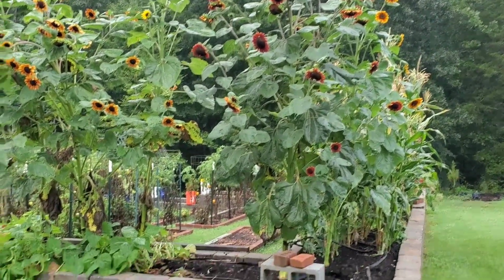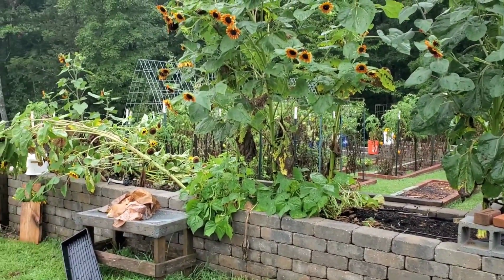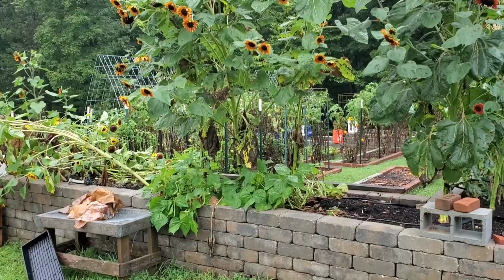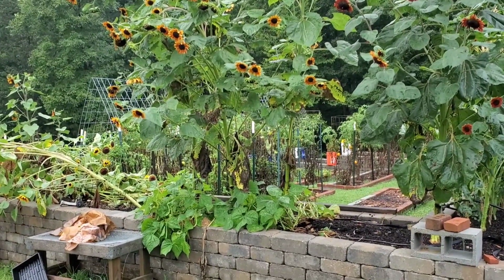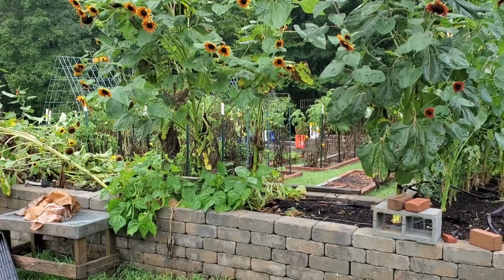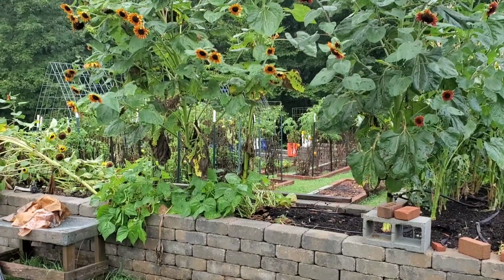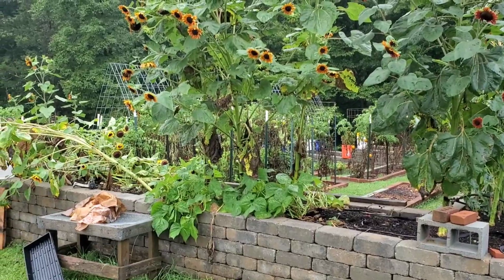In this bed, number 1 that runs this way here, wall bed 1, I had sunflowers and green beans. The storm took some sunflowers down. I am really sick of green beans. I've been canning so many, I don't need any more. So I've been clipping the plants out every few days and giving them to the chickens to eat. And this bed will be empty once I clean those out this week, and then we will start removing all of the compost and the filling from these beds